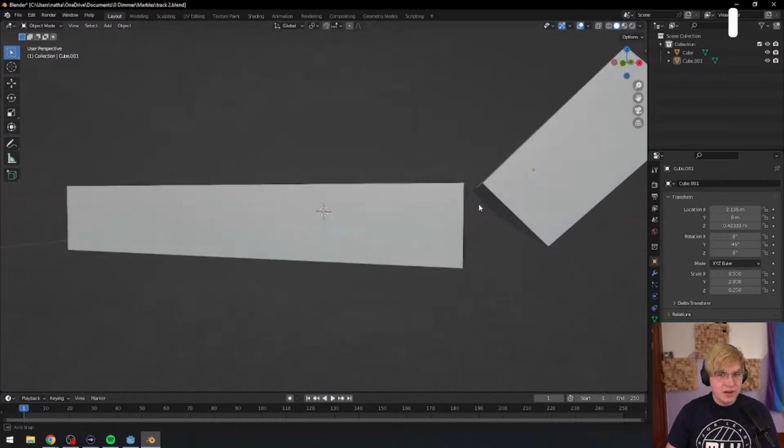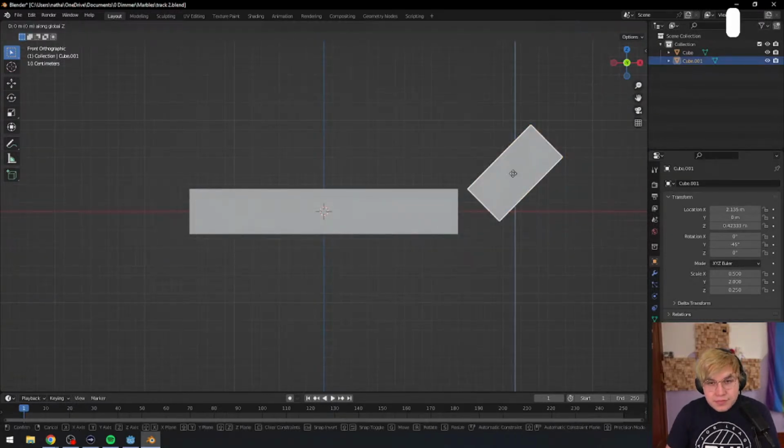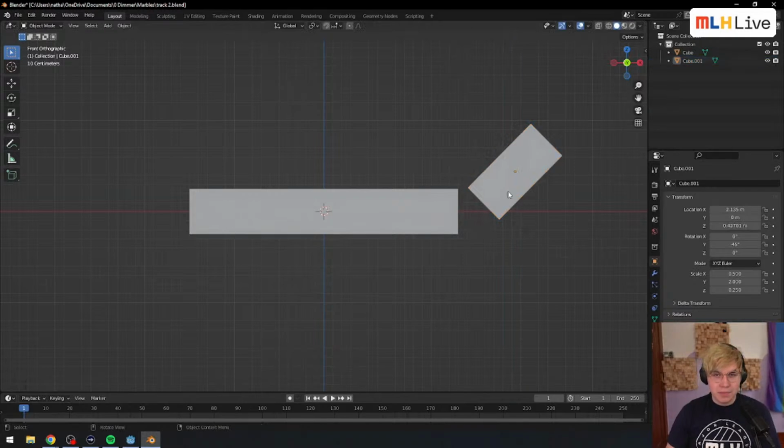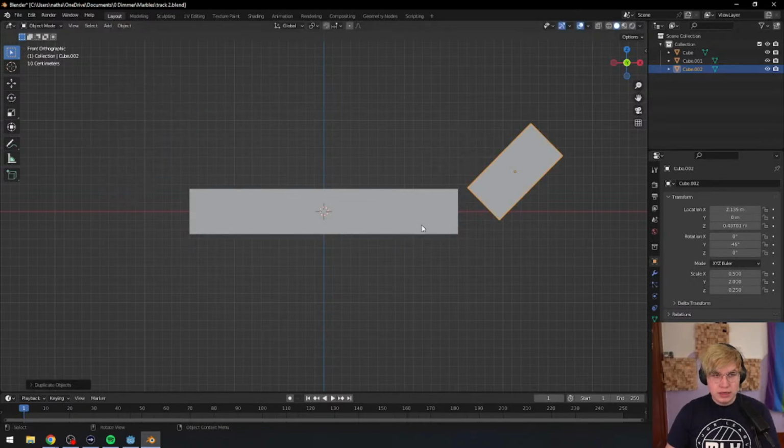Now we almost have a gutter, as if we were playing bowling. Okay. And now I'm going to duplicate you, and I want to reflect it over